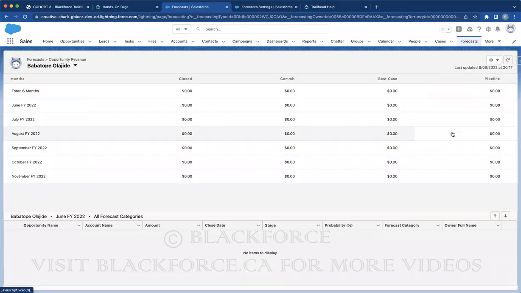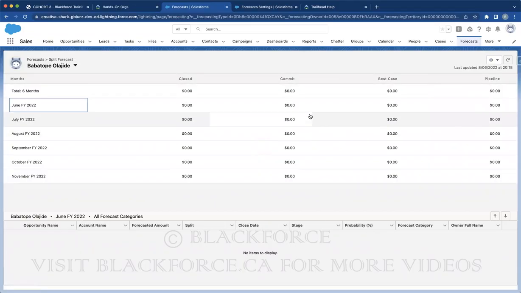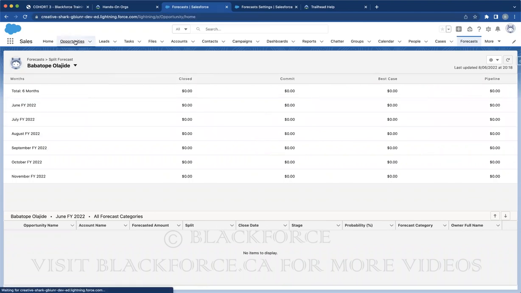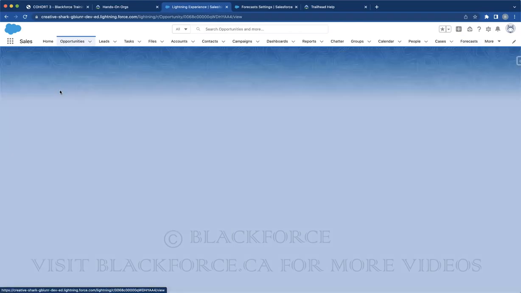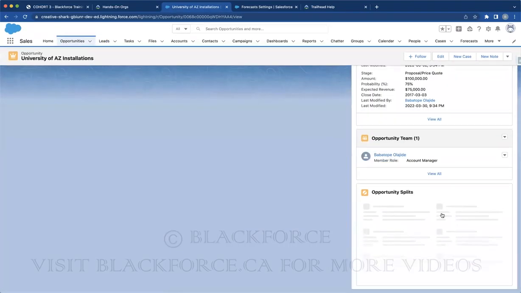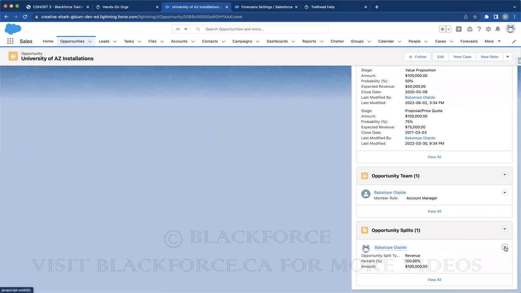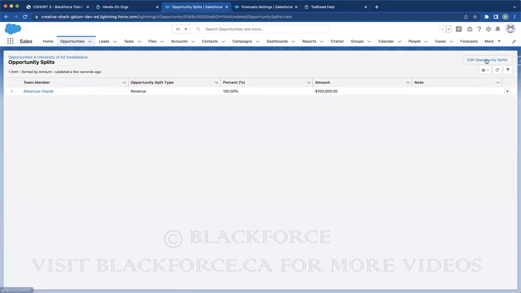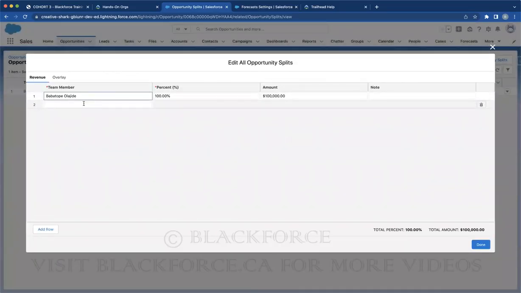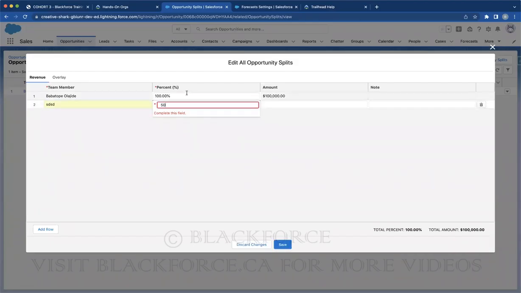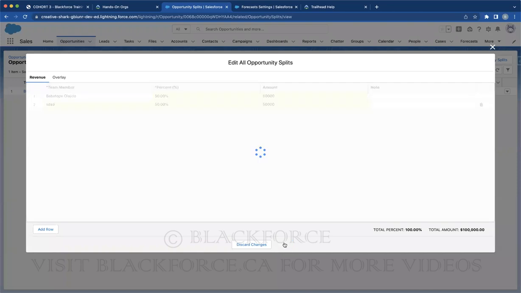So we see the split focus, and maybe not much data in the split focus, which is fine. You can simulate a split focus by having different types of splits, and you can create focus based on the split, okay? But the split focus is just another way which you can forecast the amount, okay? So you save and